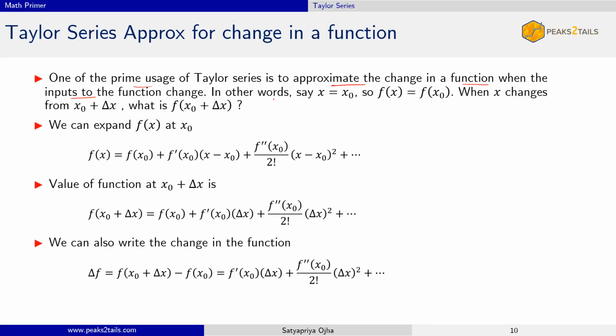So let's say right now the current value of the input x is x0. The value of the function is f of x0. That's the value right now. When x changes to x0 plus delta x, so it gets shifted from the current value by an amount delta x, what is the new value of the function, f of x0 plus delta x? Okay, that's our idea. So we are trying to find the change in value of the function if the input changes. Now the thing is, if you can evaluate this directly,